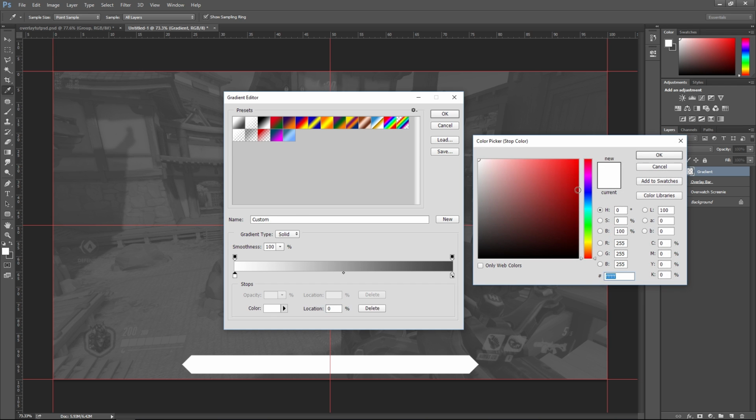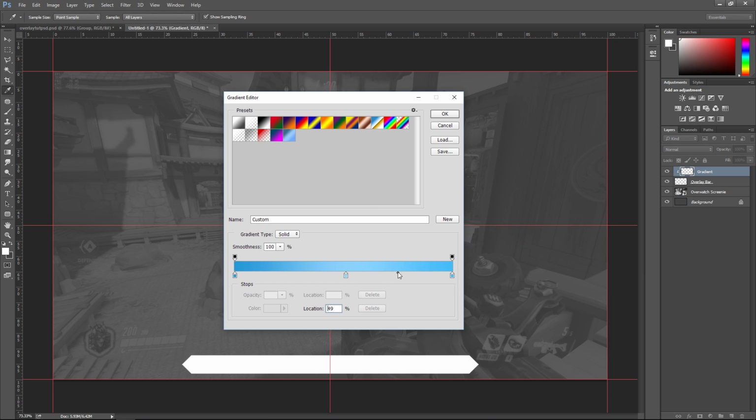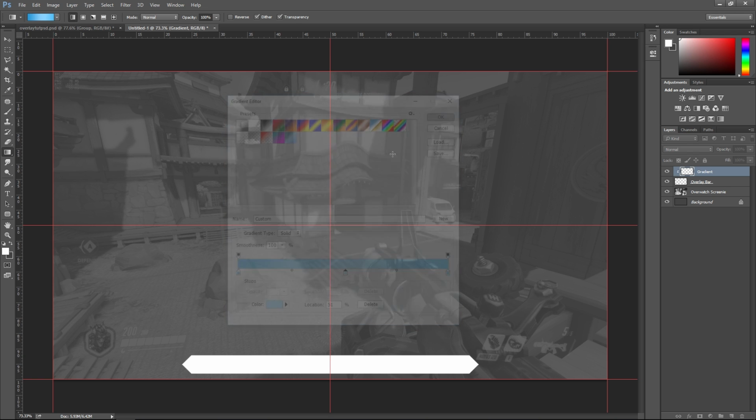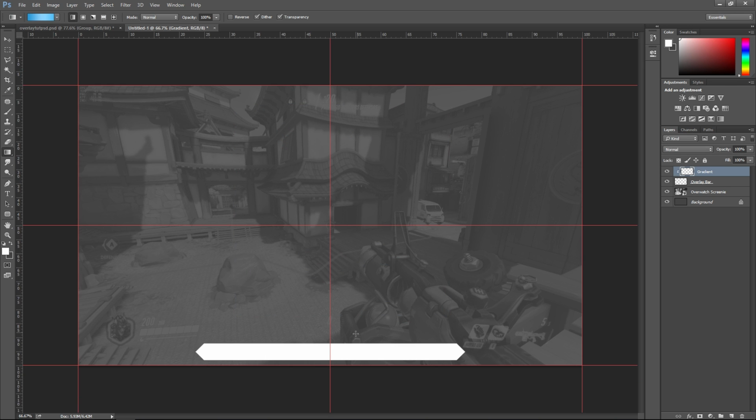So I'm going to go down here, and we can go with a blue overlay. I'm going to get this nice blue up here, start with a darker color. I'm going to go back up here, get maybe a little bit lighter, and then in the middle go back up here again and get an even lighter color, closer to white. Just that, and then you can drag these out by holding Control and clicking on them if you'd like to. It just kind of makes a little thing, or you can just move these points around. But we're going to go with that for now, and I'm going to drag that onto my overlay. I just put it straight up, holding Shift,